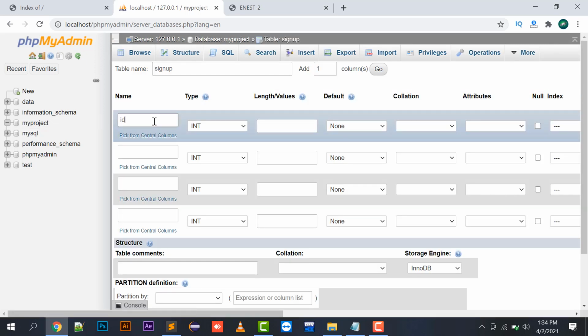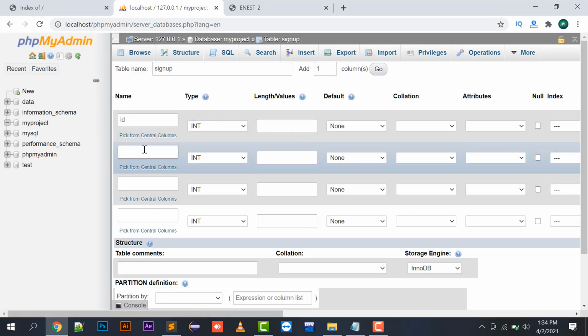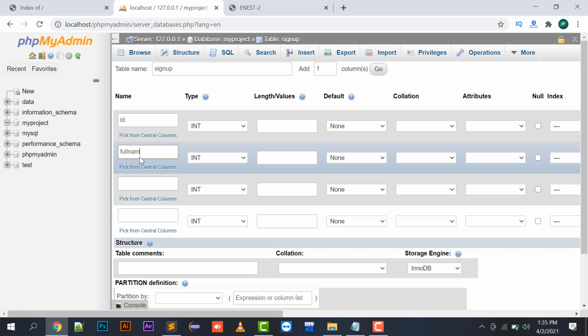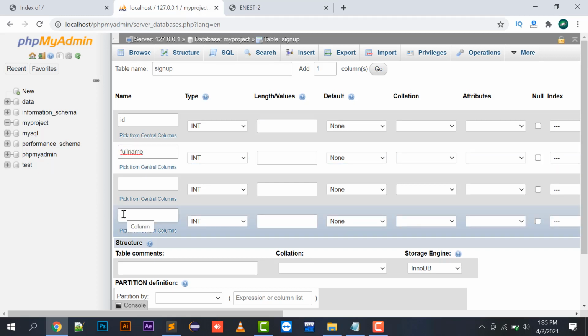id is, you can say, the most important part in your table. So whenever you have to create any table, id is a must. And you have to note one thing also: whenever you create a field in your database, you must not write it in a case-sensitive form. Like if I write it like this, it is not a valid value. So you have to write every letter in small letters.